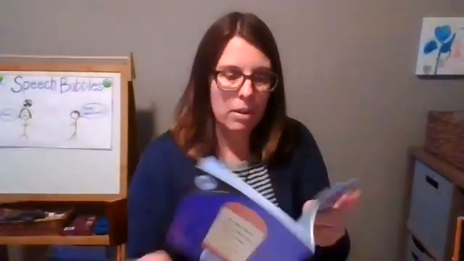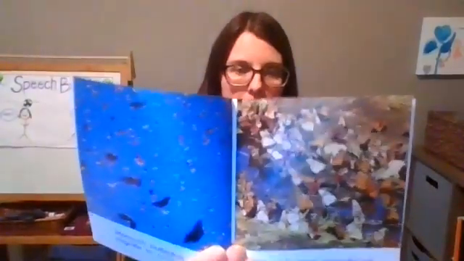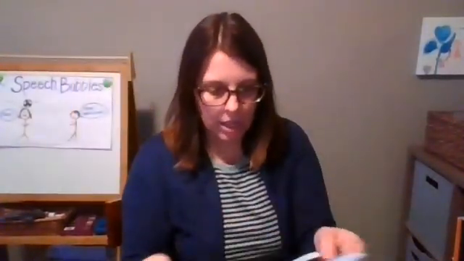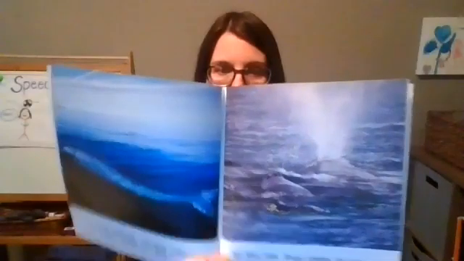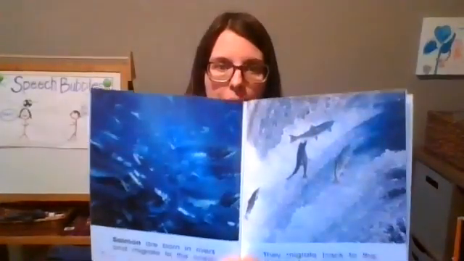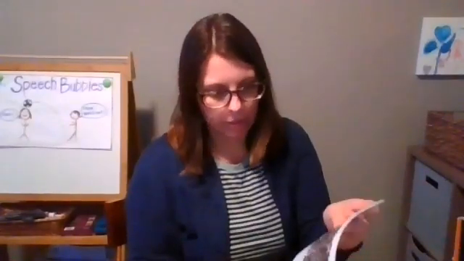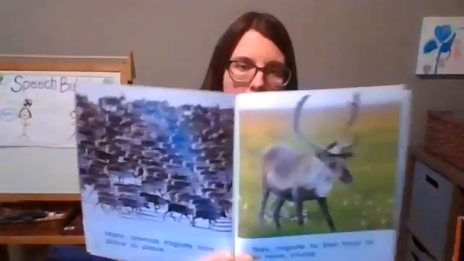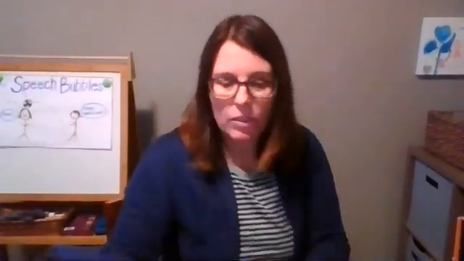And, oh, remember the monarch butterflies? Here's another picture of a duck. Oh, here's the monarchs. Beautiful. Whales. And they migrate to find a safe place to have their young. Here's the salmon. Oh, we know all about the salmon, right? And then caribou. Another word for them is reindeer. Okay, so those are some examples of animals that you could draw here.